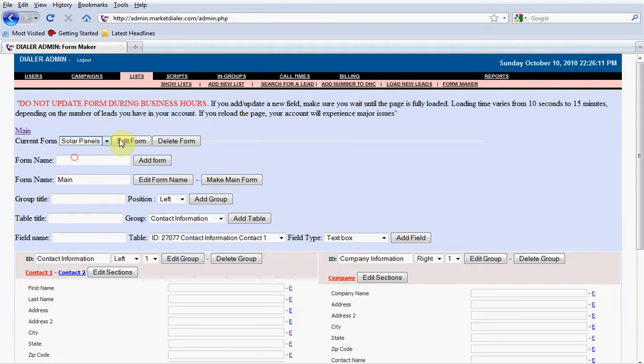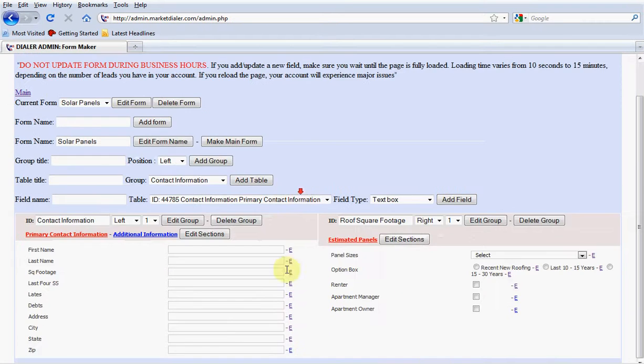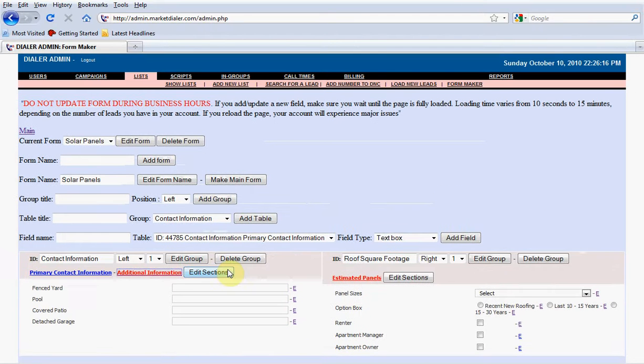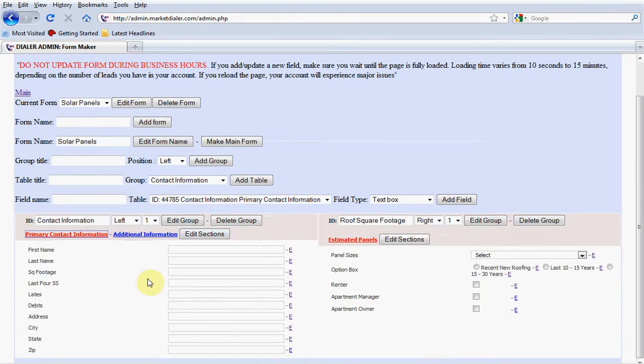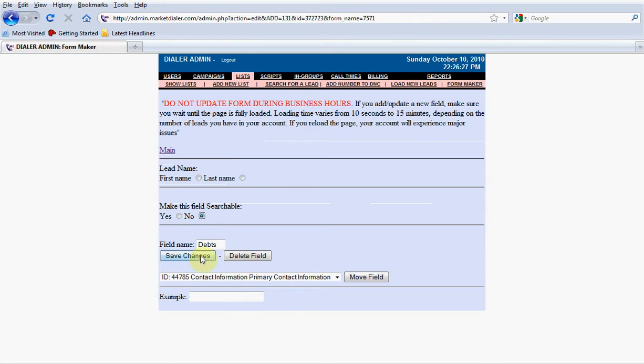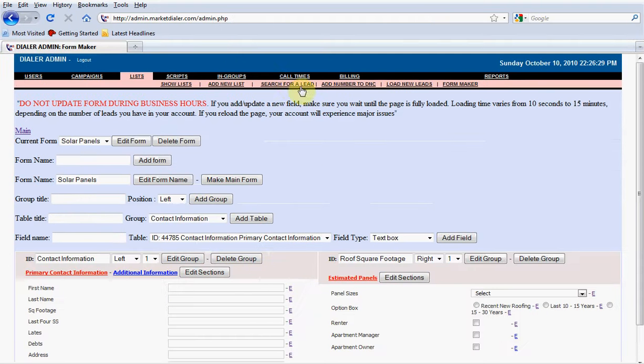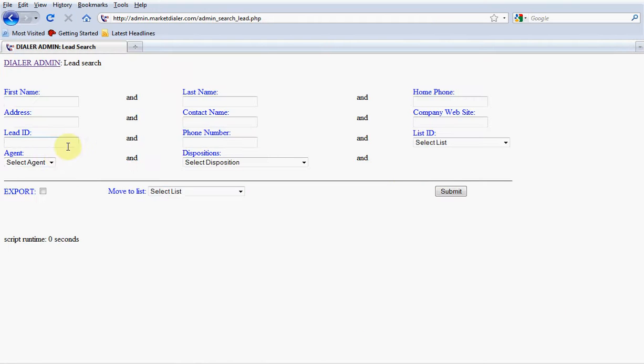The other one I believe was in solar panel. Let's just edit that one, which was debts, and I believe that's under this. Let's see, maybe it was under primary. Oh, there it is, debts. So we edit that field and we make it not searchable, save our changes. So let's go back to search for a lead, and you see debts is gone, company name or company information was taken out. Let's take out company website, one more, and pretty much after that you'll see your default